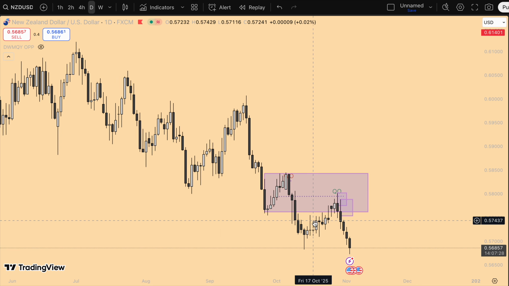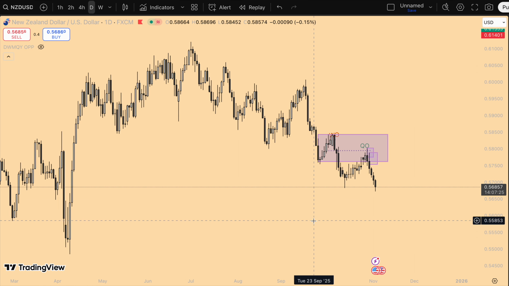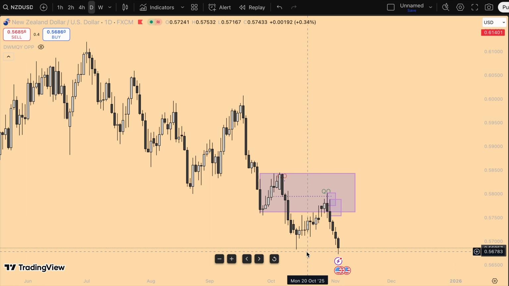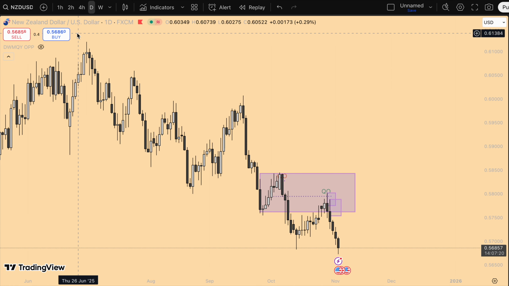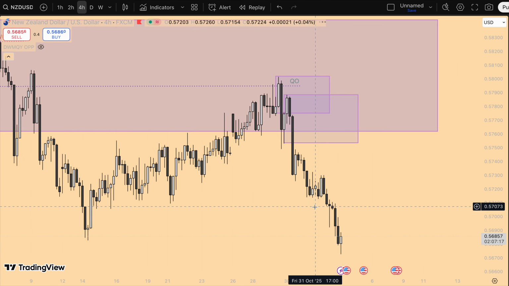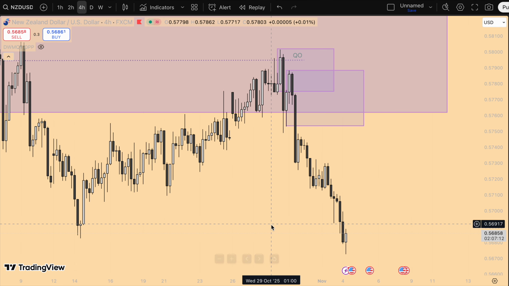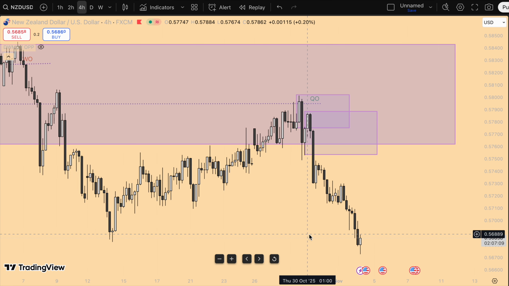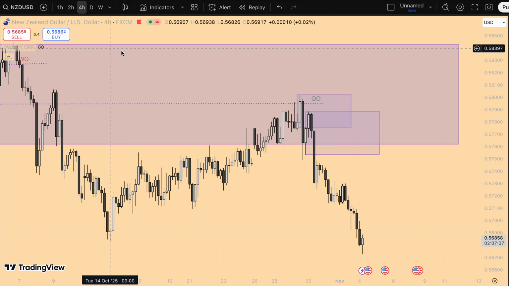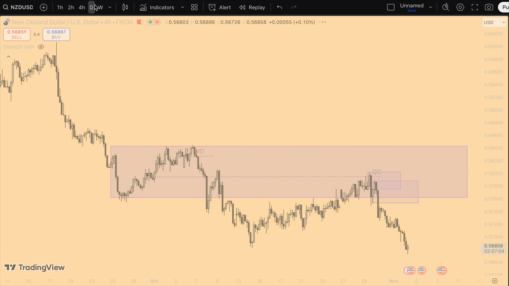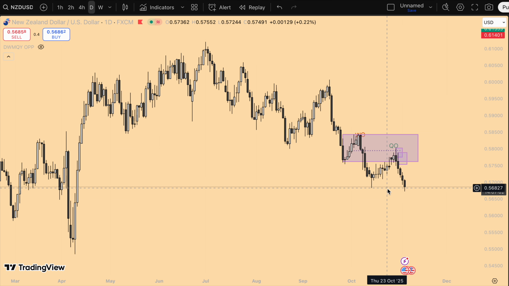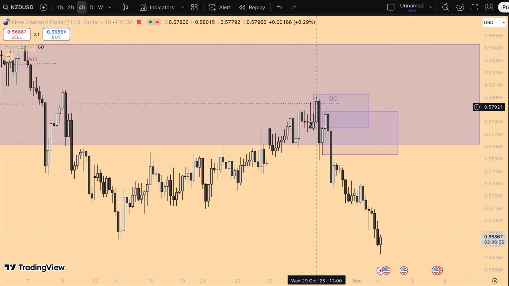Okay, so for NZD, does this still have some room to roam? Okay, no. From yesterday, we were targeting this liquidity, and now that has been grabbed successfully. So for me, it's all about making sure that if you're in any position, you've scaled out, because we might start to get some retracement, so watch out for that as we've grabbed this liquidity low right here. If you took these trades from last week, congratulations, beautiful position, as we targeted all of this liquidity low.